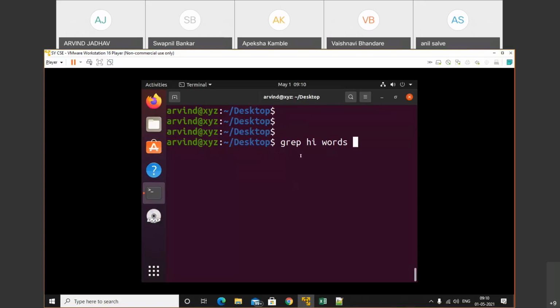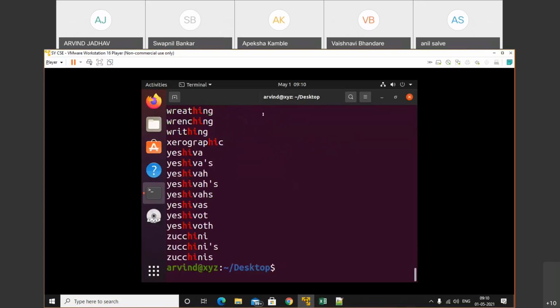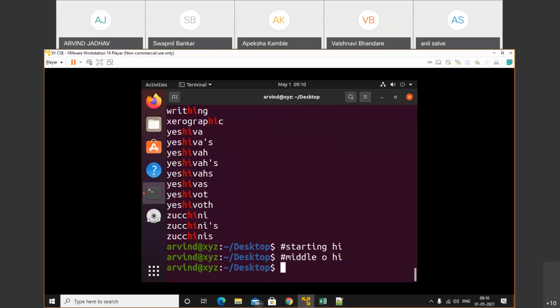So without caret and without dollar command, if we try to find out that word, we get a bunch of words. In that case, कौन से word हमें मिल रहे हैं? So in that case, starting with HI वो भी मिल रहे हैं. Middle of HI, so middle word of HI वो भी मिल रहे हैं. And ending of HI वो भी मिल रहा है.